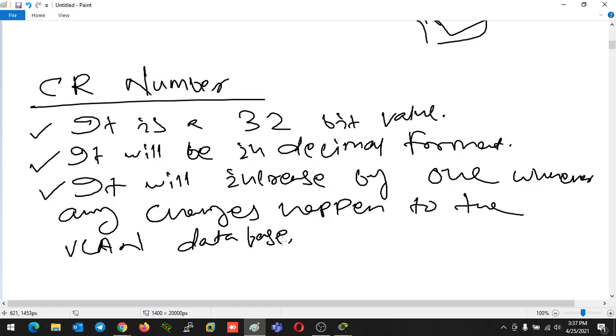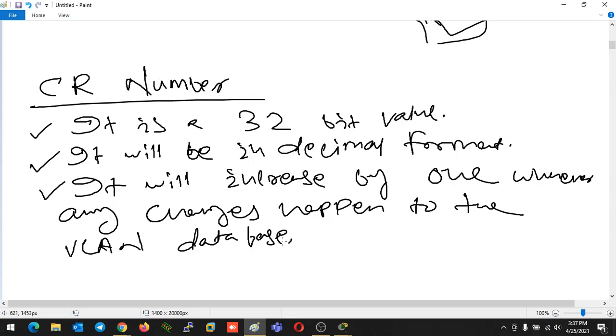If you are going to do any changes, like creating a VLAN, deleting a VLAN, or renaming a VLAN, any changes to the VLANs, then the vlan.dat file will be rewritten with the new information.